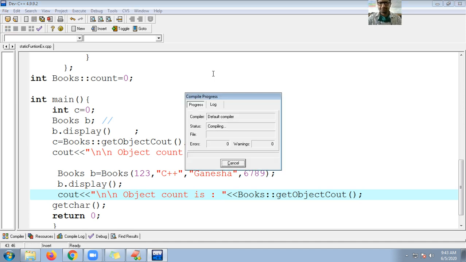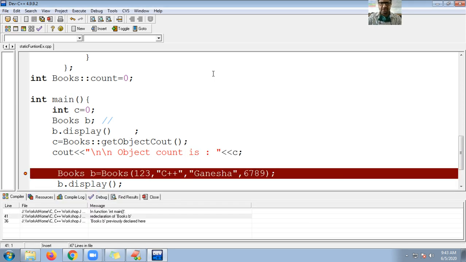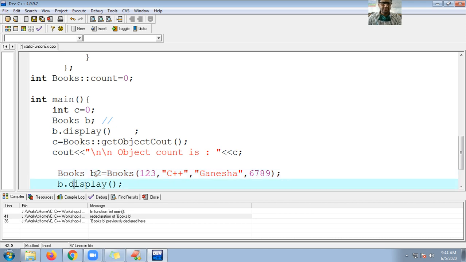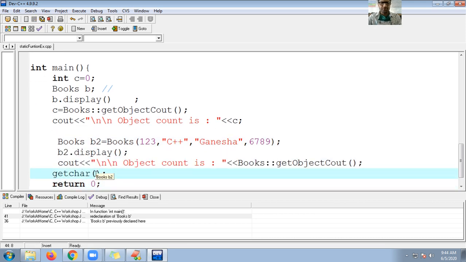So Control F9. It is showing the error. Let me check what the error is. Redeclaration of the book B. So let me use book 2 here. Okay, Control S, Control F9,